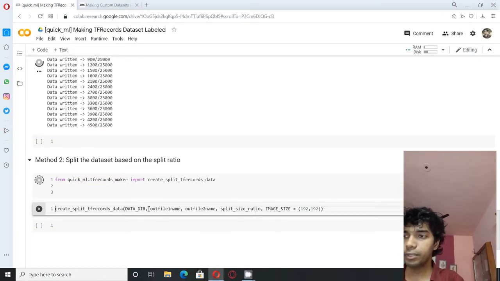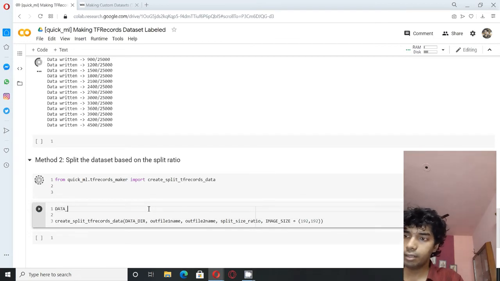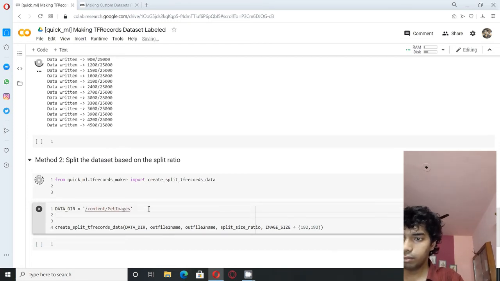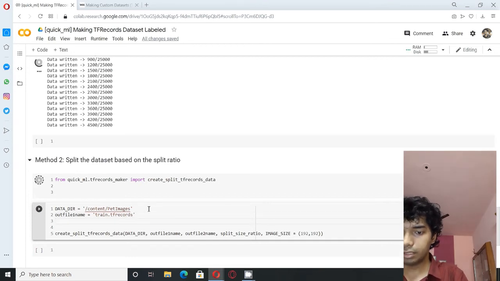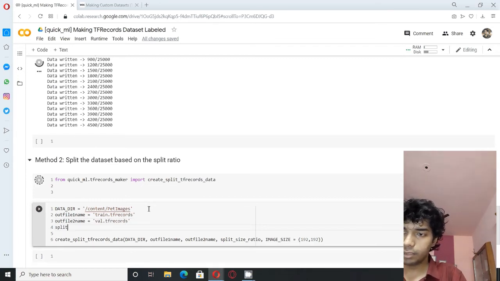In the split command, what you need to do is mention the data directory, mention the output file name one, let's say train.tfrecords, output file 2 name is val.tfrecords, a split size ratio of, let us say, 0.8, and image size is 256, 256.